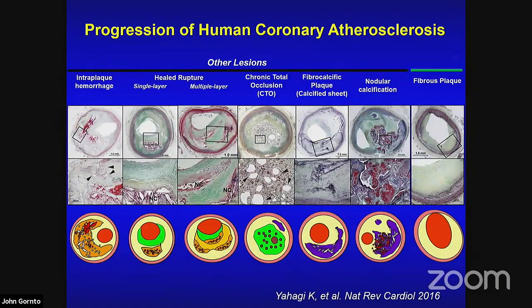Then we also describe the other factors that can give rise to this. We see plaque hemorrhage. We see healed plaque ruptures. They can be a single underlying necrotic core when it's a single healed plaque rupture, or there can be silent plaque ruptures that heal and give rise to a healed plaque rupture. There can be multiple plaque ruptures and that gives rise to the narrowing. We think luminal narrowing beyond 40, 50% only occurs through asymptomatic ruptures or asymptomatic thrombi that can